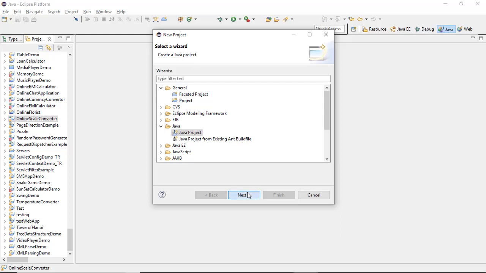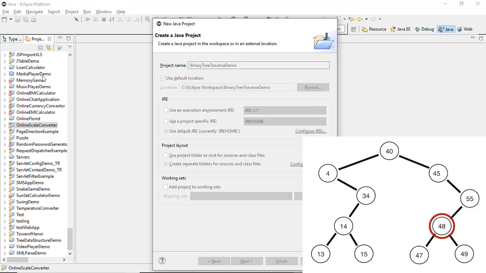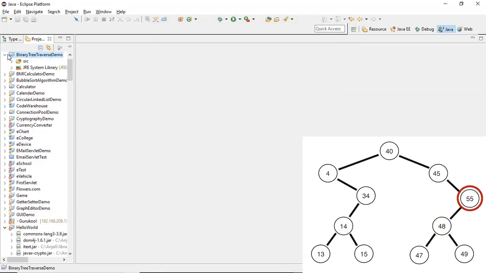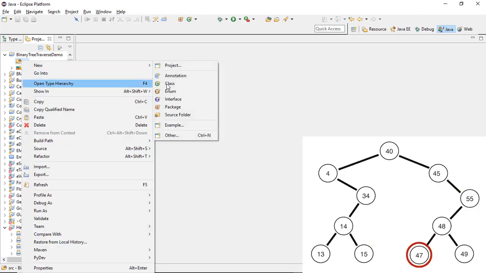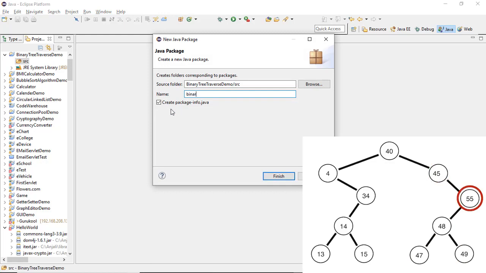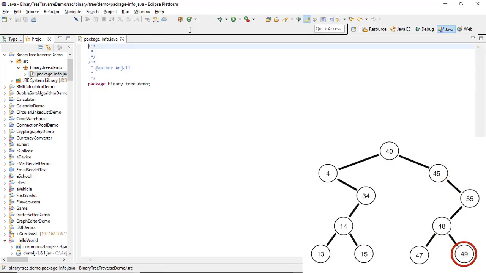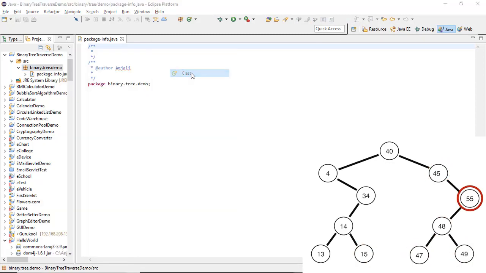Named as binary tree traverse demo, and inside this project I'm going to create a package to make it more organized and structured. Mention binary.tree.demo, and inside this package I'm going to create a class